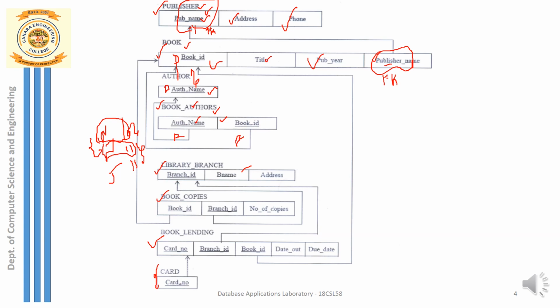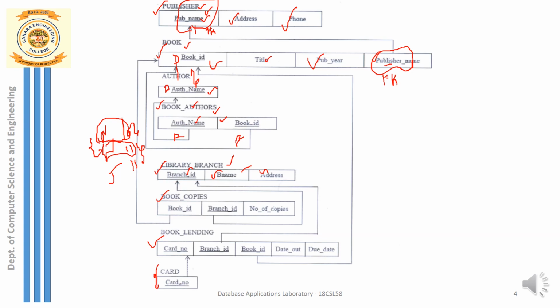We'll go to the next table, or entity, that is the library branch table, which has three attributes. One is program ID or branch ID, then we have branch name, and then we have address. Out of the three attributes, program ID or branch ID we call the primary key, and that has been underlined. And now you can see here the library branch, let me call it the main table or base table.